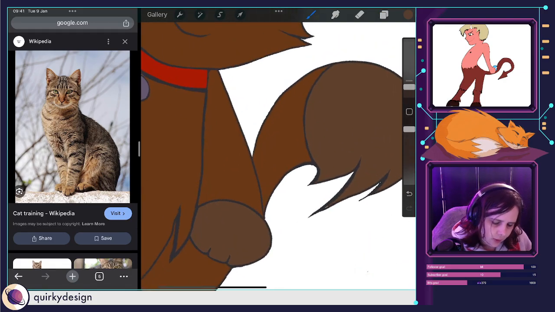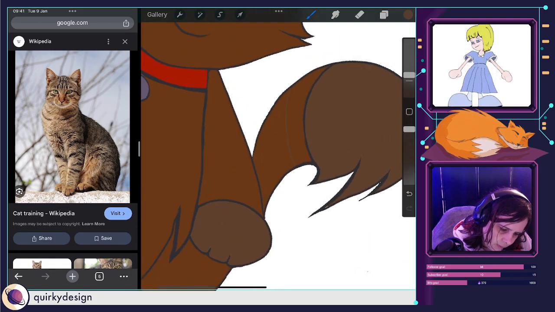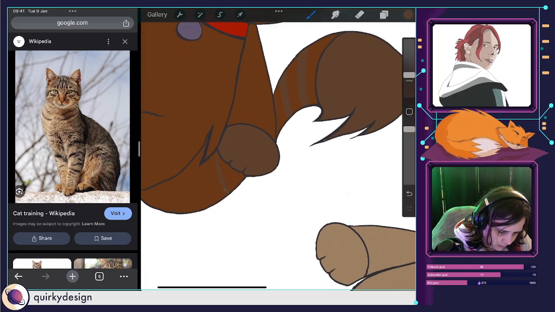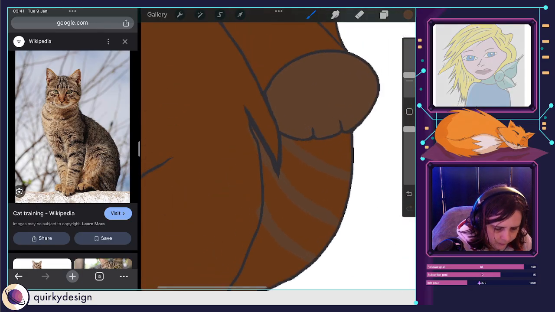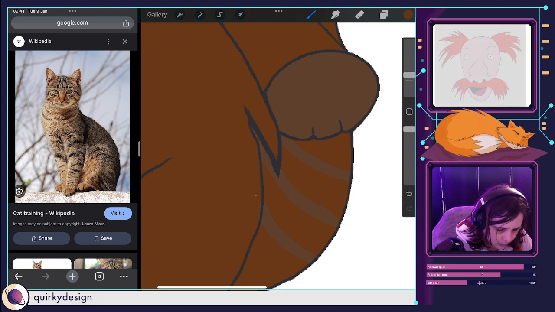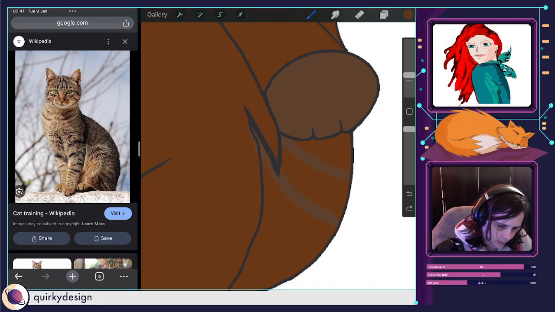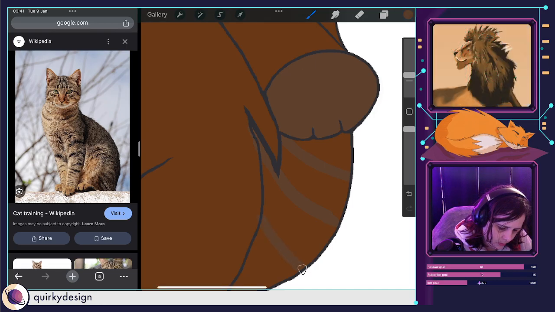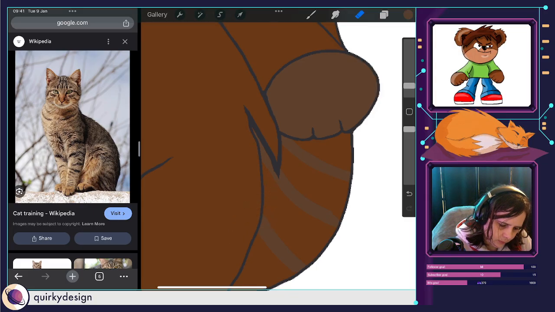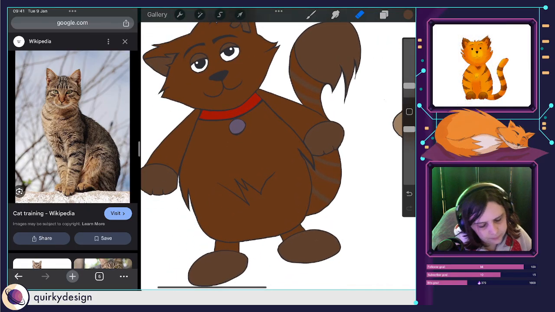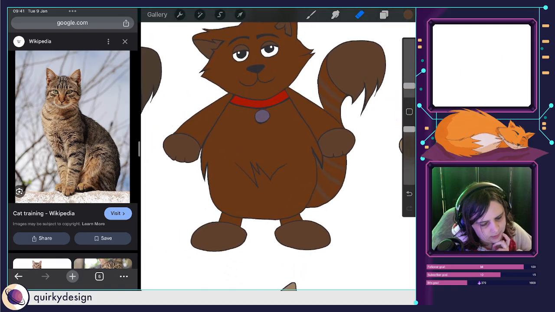And it'll be done in a clipping mask just so I see how this looks. So I've got one with stripes on his tail.